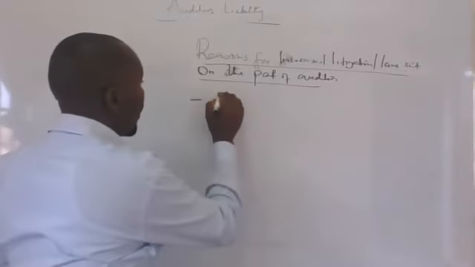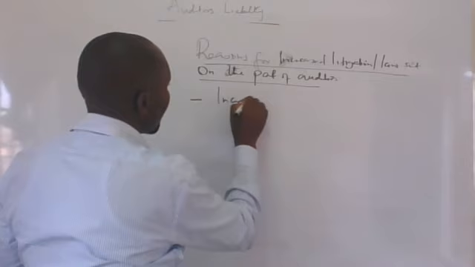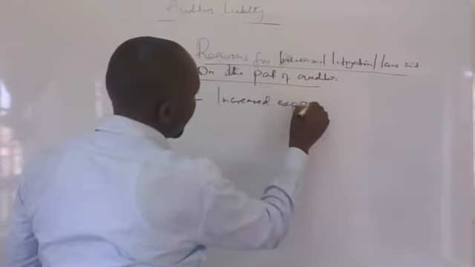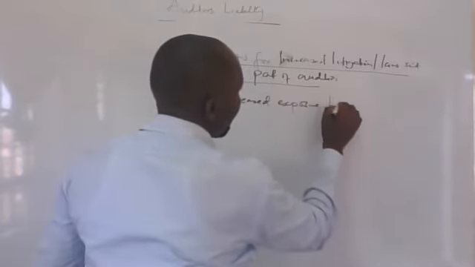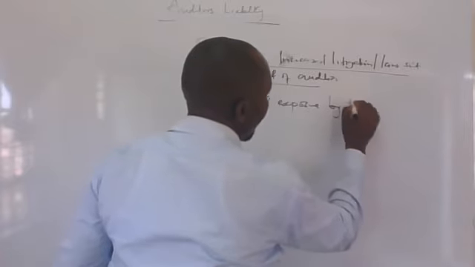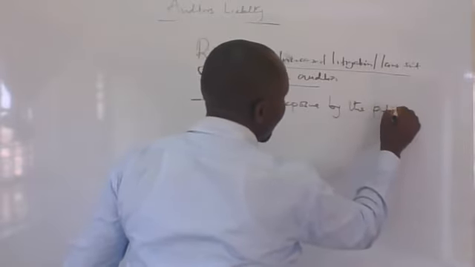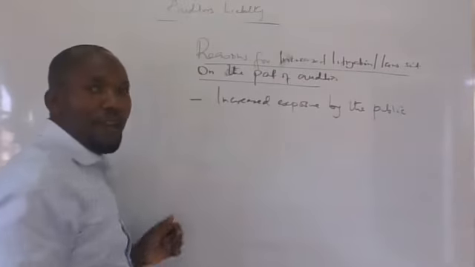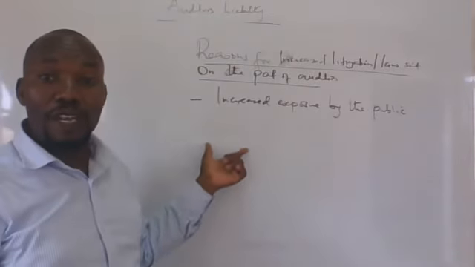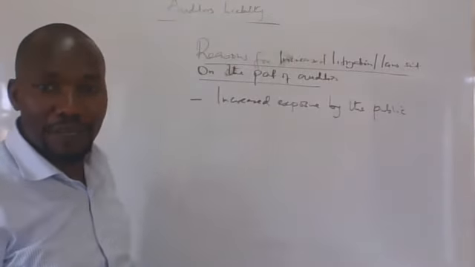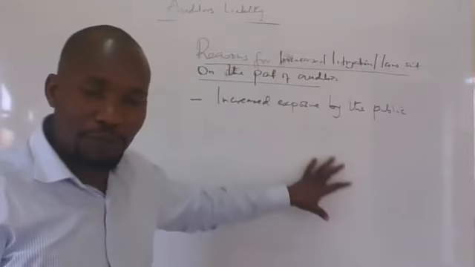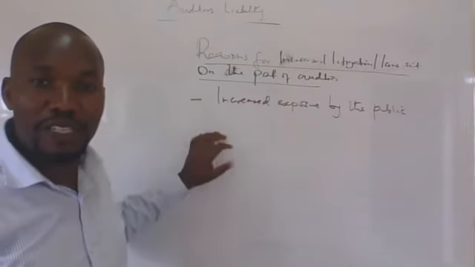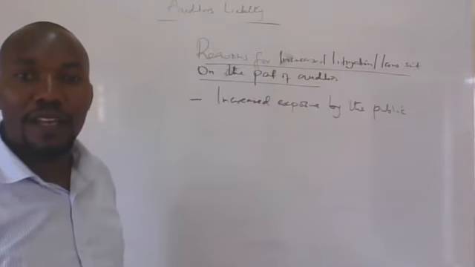So increased exposure by the third party or by the public. Then you can end up explaining where the public are now aware of what needs to be done and the responsibility of the auditor. The public now knows the responsibility of the auditor, and if the auditors fail to ensure such responsibility, they are normally taken to court. Number two,